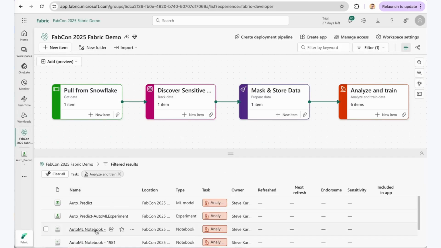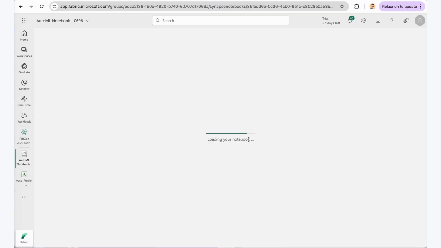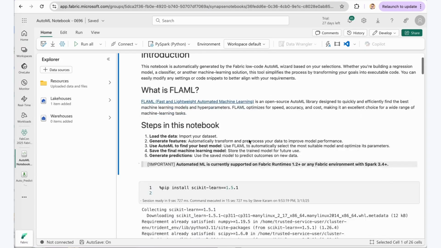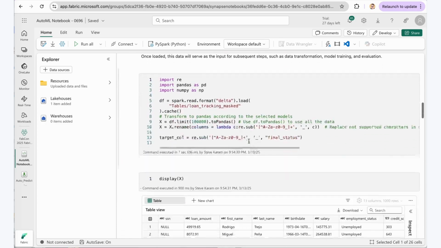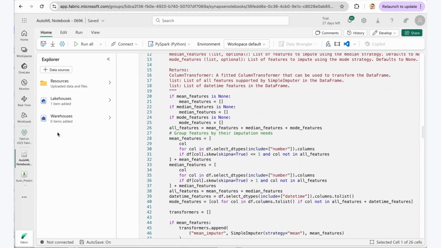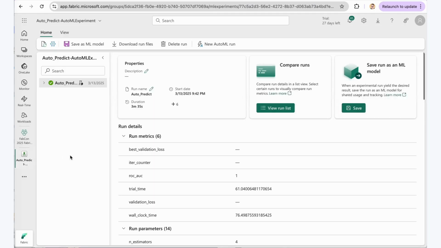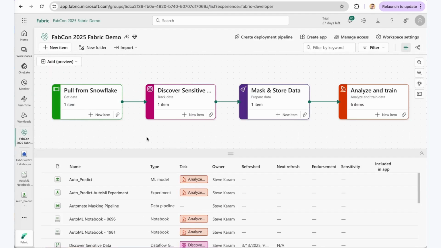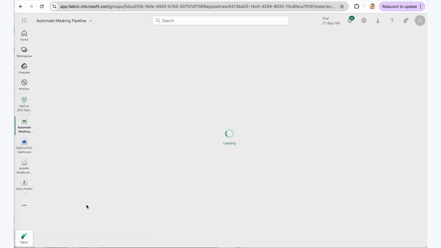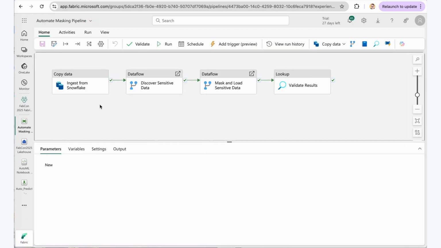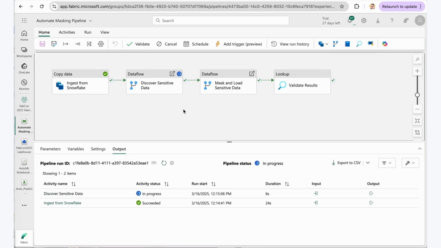Right? And so thanks to the power of Fabric and the ability to take that masked data set and generate a notebook that allows us to do whole-scale regression testing in minutes, it's extremely powerful. And it can be part of a very clean and easy to use workflow. And let's just take a look at that workflow, by the way. If we go into a masking pipeline view, you can see where we have been able to bring it all into a row. We start with ingesting from Snowflake, discover sensitive data, mask and load, and then validate results, all